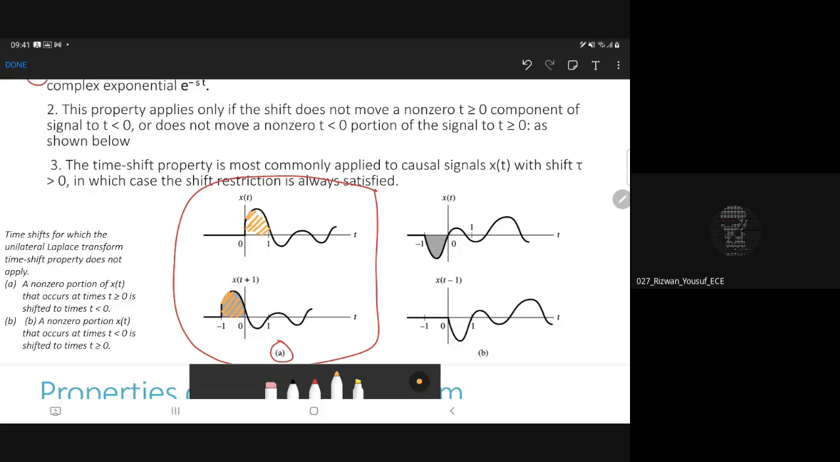सिमिलरली इन पार्ट बी, a non-zero portion x of t that occurs at time t less than 0. तो आपको एक पोर्शन था सिग्नल में, वो t less than 0 पे ऑकर हो रहा था, और जब आपने इसको राइट शिफ्ट किया, तो प्लीज नोट, इन पार्ट ए वी आर गोइंग फॉर ए लेफ्ट शिफ्ट एंड इन पार्ट बी वी आर गोइंग फॉर ए राइट शिफ्ट। तो इस राइट शिफ्ट में आपको ये पोर्शन यहाँ पहुंचा।